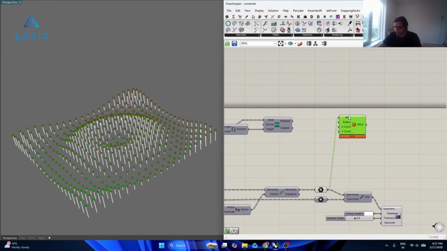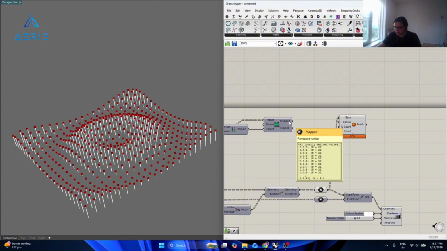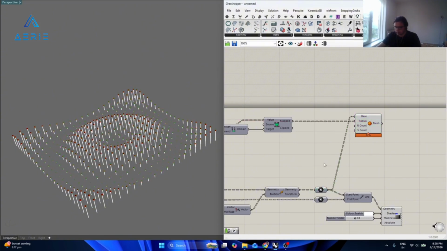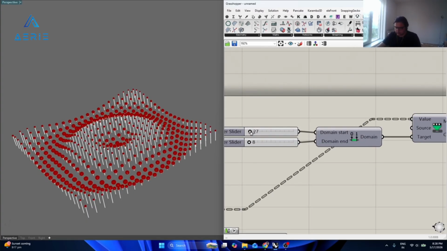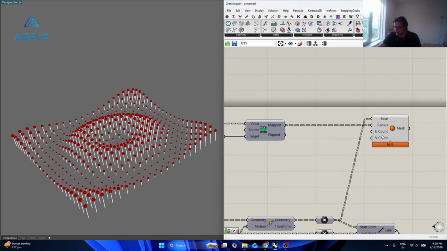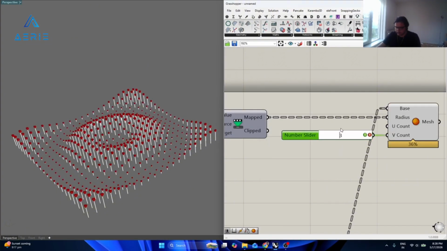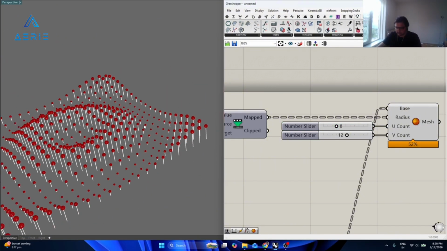Plug it in. Once you have this dotted kind of line, it becomes a grafted line, so you need to always keep cross-checking that all the inputs are the same. It has 0 to 20 lists, 21 values in each list. Here also 0 to 20, 21 values. This will go into radius. Okay, we can see 1 is too small. We can make it say 8. And this we need to bring to 20. Nice, this looks good. UV count is 10 by 20. Maybe I can reduce it, bring it to 12. This thing should come to 8. Since there are so many in number, if I make